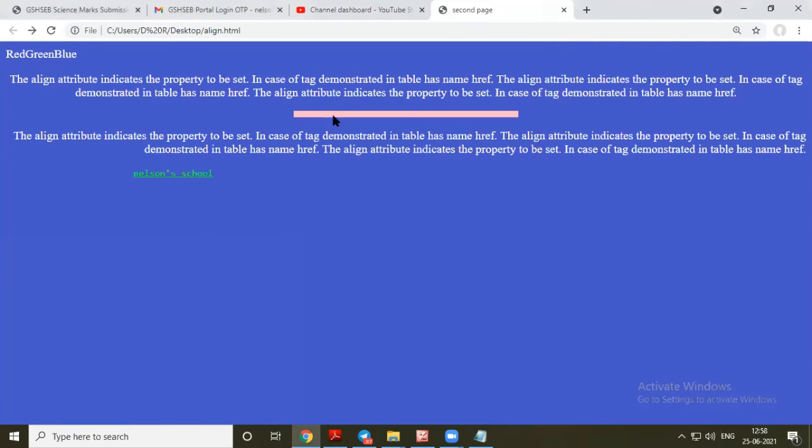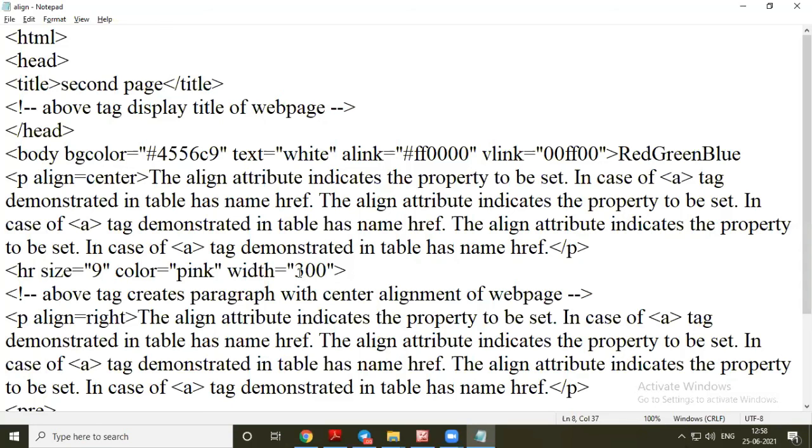So here we are using 300 pixels. For example, if we consider this part as 400 and this part as 400, then it is actually 400 plus 300 plus 400, that is 1200. So the width is approximately 1200 pixels, which is near 1280. So we can give this value in pixel value, 300 pixels in width for HR, and in percent value also. Earlier we used 50%, that is 50% of the actual width of your screen.